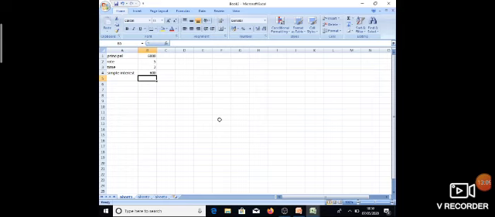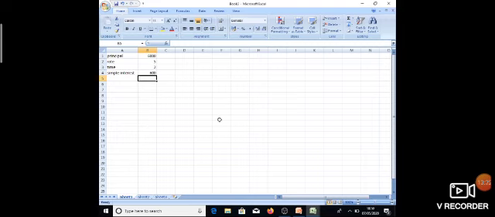Now, the next is using formula on text. Okay. Students, you can also perform addition on characters or string data type. Only the addition operation you are allowed to perform on string or text.